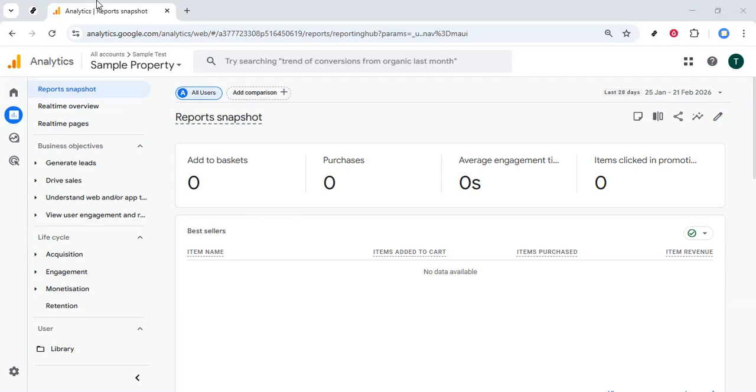In this video, I'll guide you through how to use the Pages and Screens report in Google Analytics 4. This report is one of the most useful places to understand which pages or app screens your visitors are actually spending time on and how they're engaging with your content. We'll move step by step through the interface, so even if you're new to Google Analytics 4, you'll be able